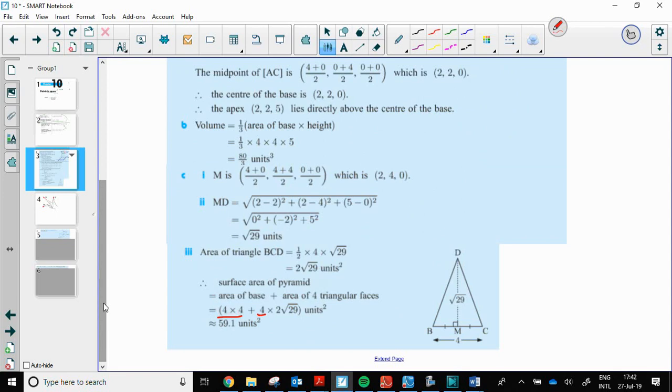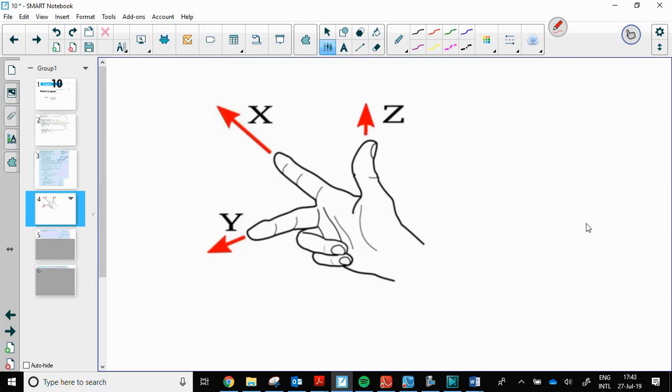And their area is half base times the height. Half the base is 2, and then we just figure out the height was root 29. So there you go. Some of you might have been a little uncomfortable in that last image, figuring out